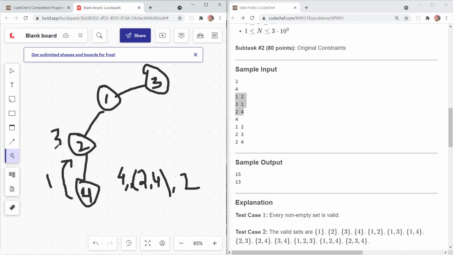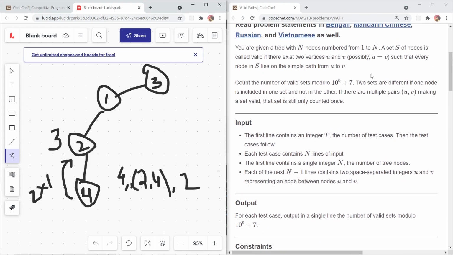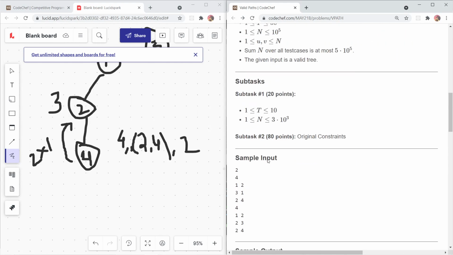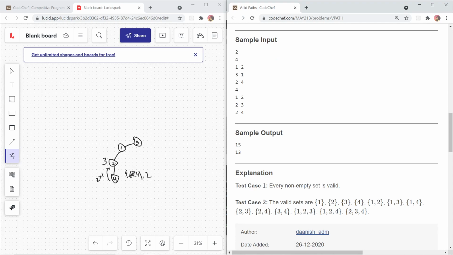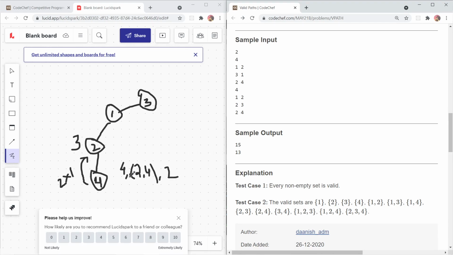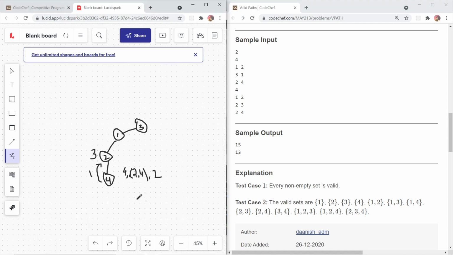So I'll say that I can make 3, which is 2 times the paths that are given to me, plus 1. Plus 1 is because I myself make one path, that is my single path, 2 equals 2, which is explained here, u equals v. See, possibly u equals v. So this is what 2 equals 2 means. Okay, just give me a second. So this is 2 into 1. Now this is saying that I can make 3 paths. I'm having 3 paths from myself.